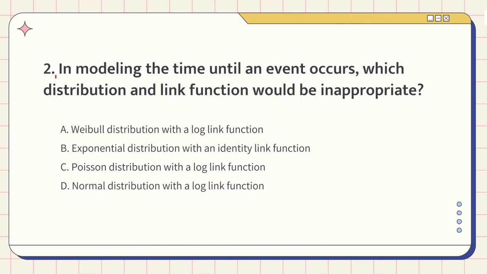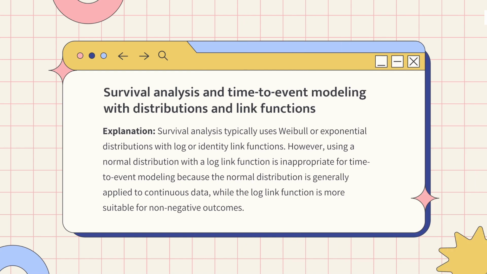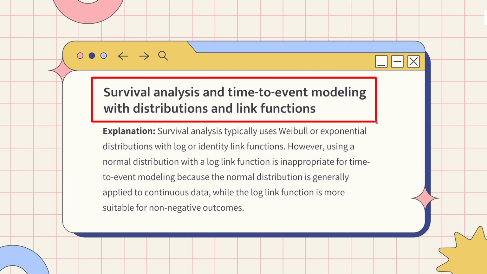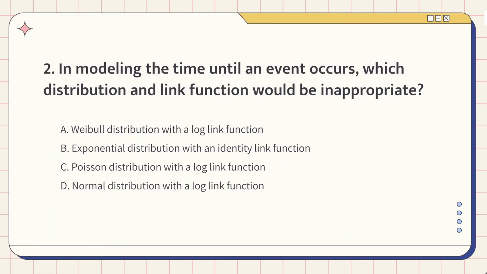Question 2. In modeling the time until an event occurs, which distribution and link function would be inappropriate? This question tests time to event modeling. The knowledge points of this question are survival analysis and time to event modeling with distributions and link functions. When you're predicting how long until something happens, you usually don't use a normal distribution with a log link function because it's just not a good fit for this kind of data. So the correct answer is